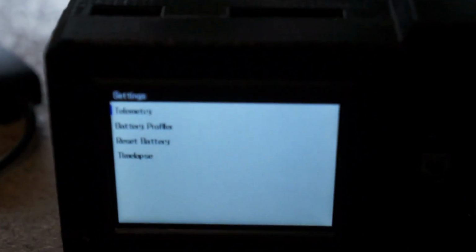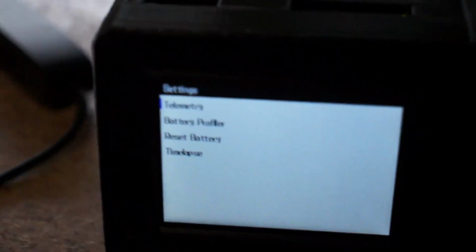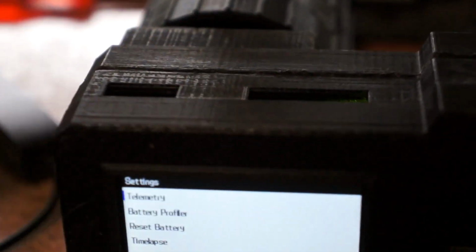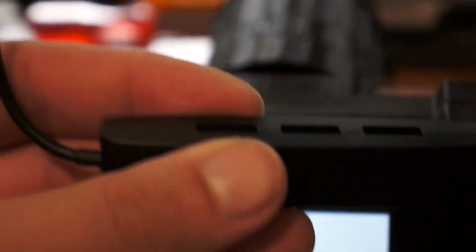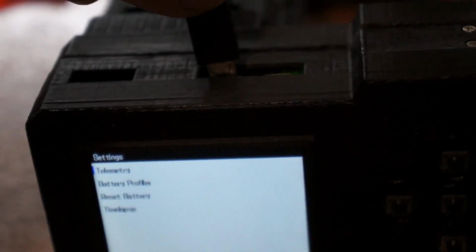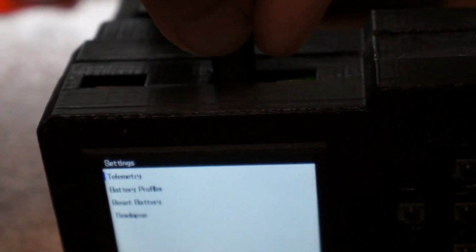So in the settings there will be an option that says transfer to USB. It'll go to a menu and it'll detect if there's a USB device attached. Mass storage. This is a USB OTG cable, so yeah, plug that in, and then